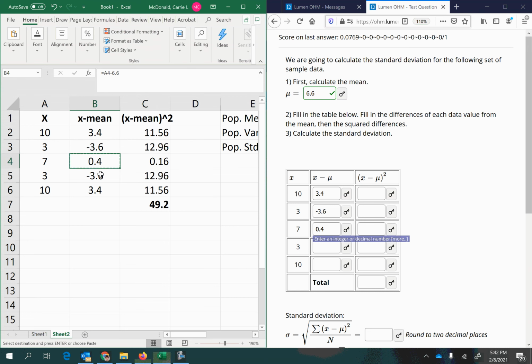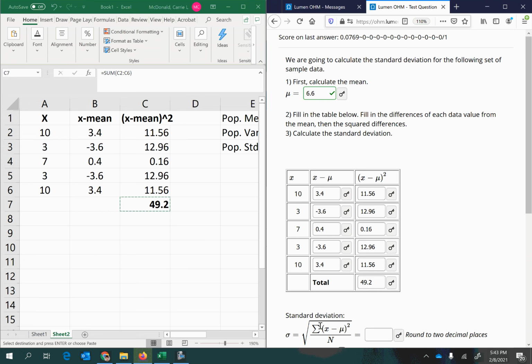So I'm just doing Control C and then Control V on my keyboard. Control C, Control V, and so on for each value, and the total,